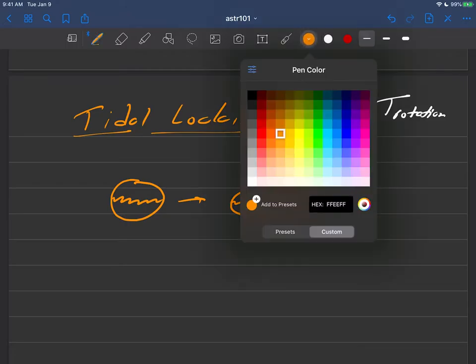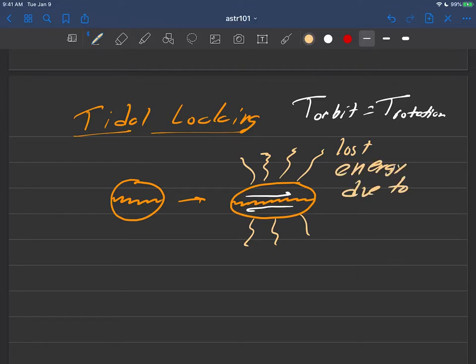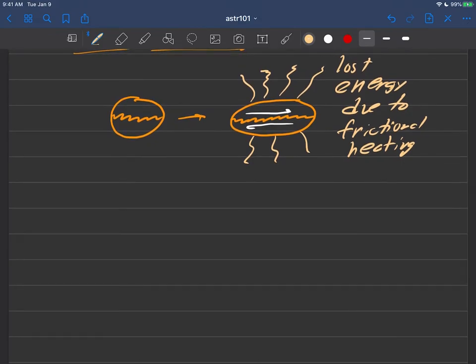And as I tried to tell you, as that happens, this energy is going to be released. This is lost energy due to friction, lost energy due to frictional heating. As I mentioned also, if you start talking about energy now, as long as we're talking about this heat energy lost due to friction,